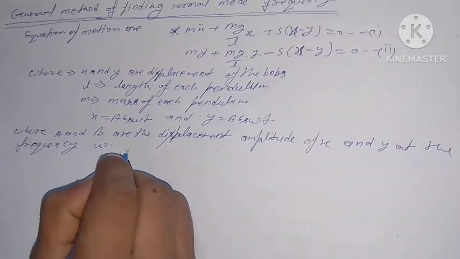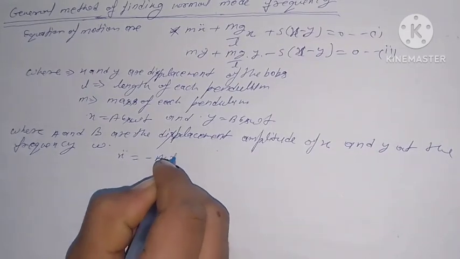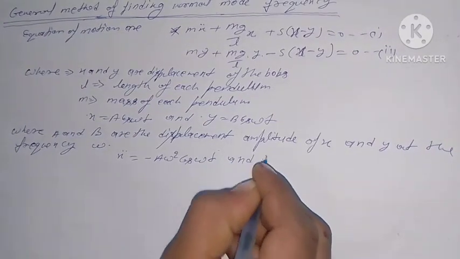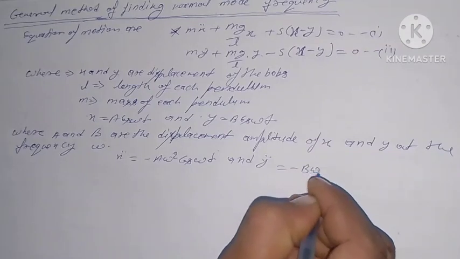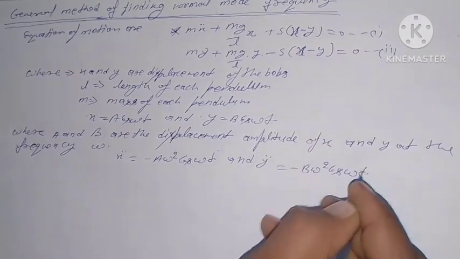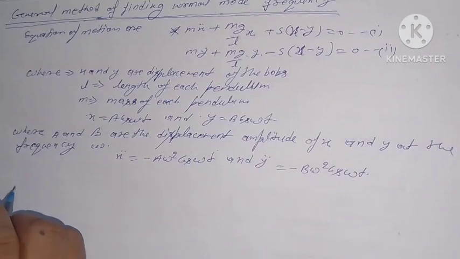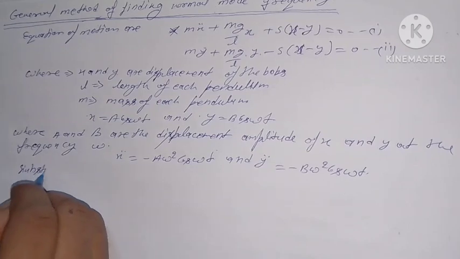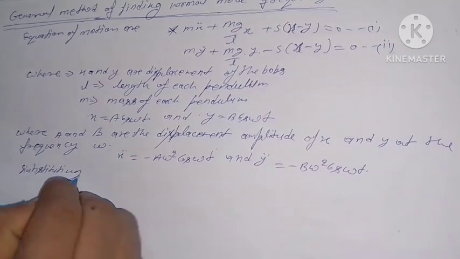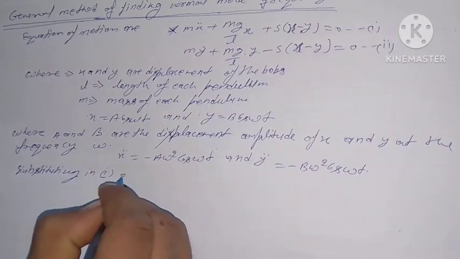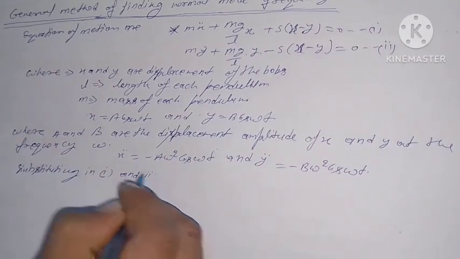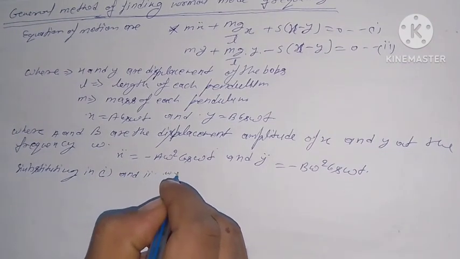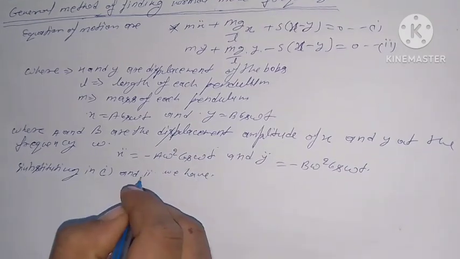Double differentiation of x equals minus a omega square cos omega t, and double differentiation of y equals minus b omega square cos omega t, okay? Substituting in first and second equations, we have